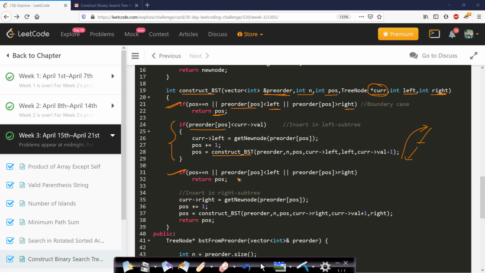Now after checking, if the element falls in the range and all the elements have not been processed, then we will make a right call. So obviously, if the element falls in the range and if it was not contained in the left subtree, then this will be contained in the right subtree. So we will make a right call. We will get the new node, store it as current right, and then we will increase the position, and after that we will just recursively call this function again, and finally we will return this position. So this position has no significance. This I have kept only to keep track of how many elements have been processed in a recursive call. You can even do it by using a static integer.